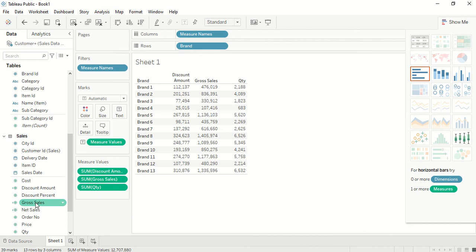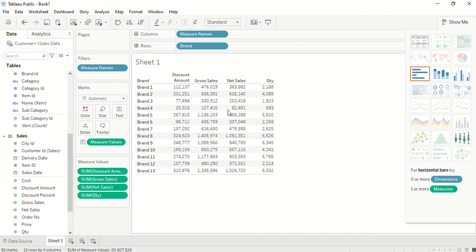So we added discounts, and we also added the gross sales, and you can see this discount, and let's rearrange it a little bit. So discount amount and net sales is equal to gross sales. That's what we are trying to do out here. Now let's calculate cost of goods sold.